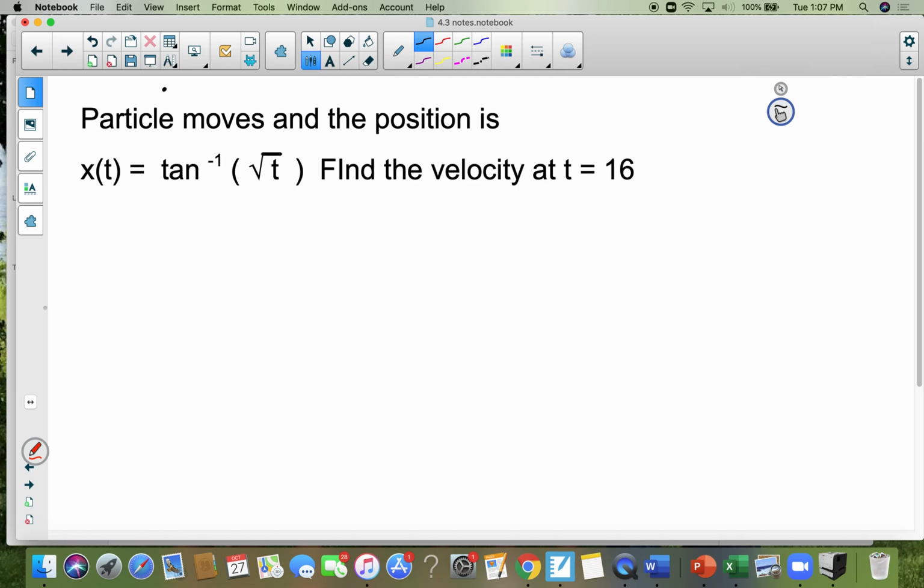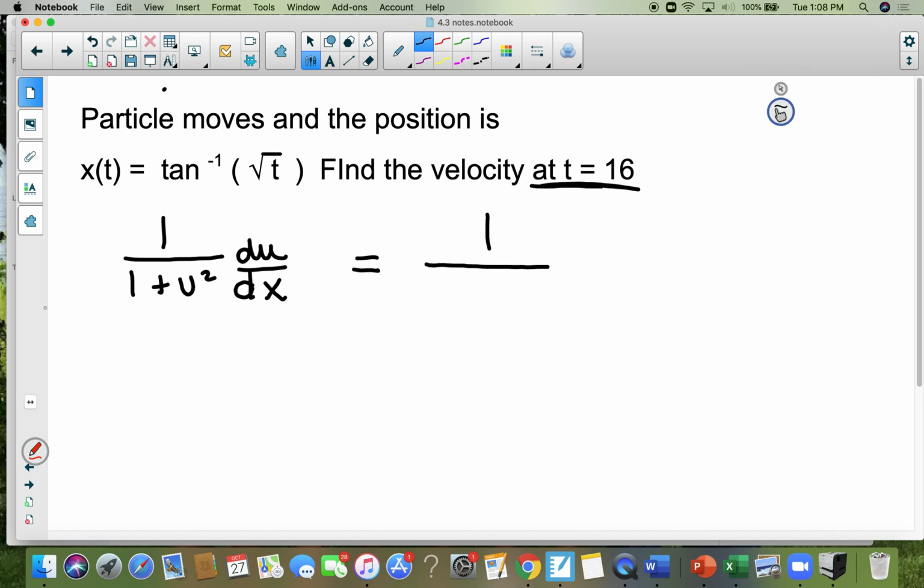A particle moves and the position is x of t is equal to tangent inverse of the square root of t. Find the velocity at t is equal to 16. Okay, so you're going to come down here and you're going to look at the derivative. Remember, the derivative is 1 plus u squared du dx. That's for the inverse tangent. So you're going to come over here and you're going to put 1 over 1 plus t, because t is your u value,